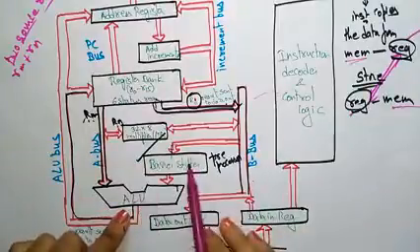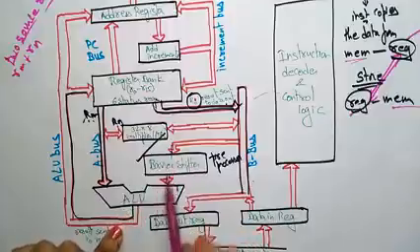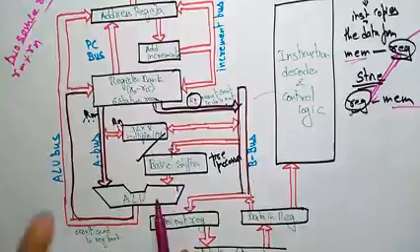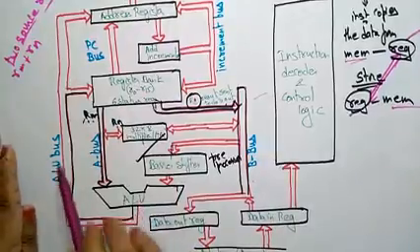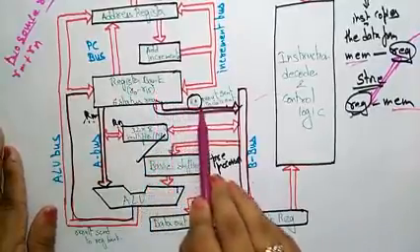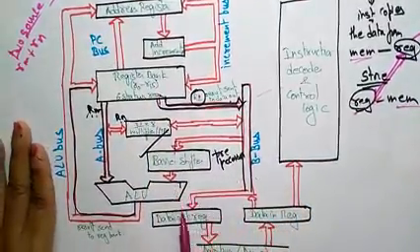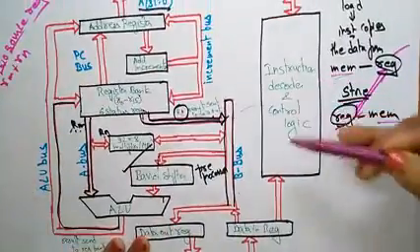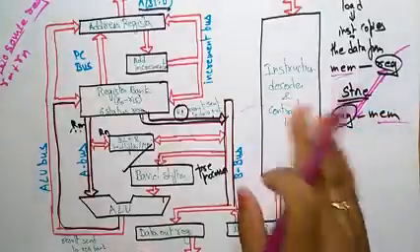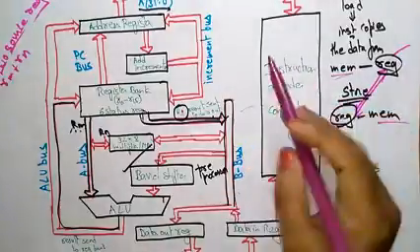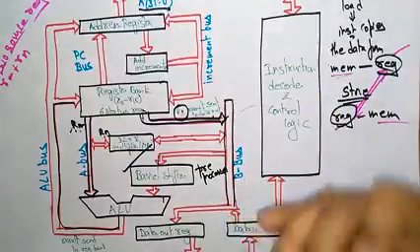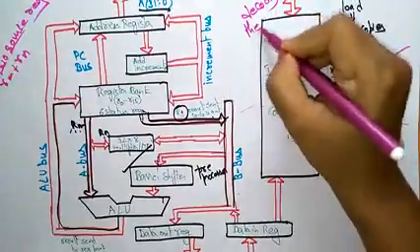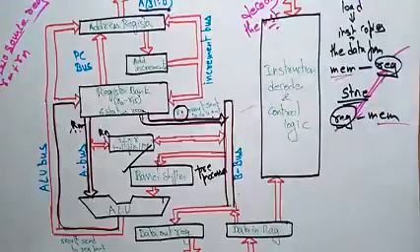The ALU performs the operations with the help of the barrel shifter. These two are combinational circuits. With the help of the barrel shifter, the ALU performs the operations at high speed, and the result will be sent back to the register bank. From the register bank, the result is again sent on the B bus and to the data out register. Here I forgot to tell about the instruction decoder and control logic. It decodes the instructions before execution is carried out. Whatever instruction has to be executed, it decodes it before that.